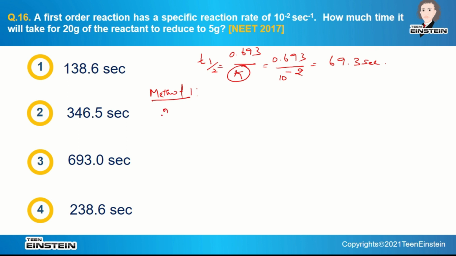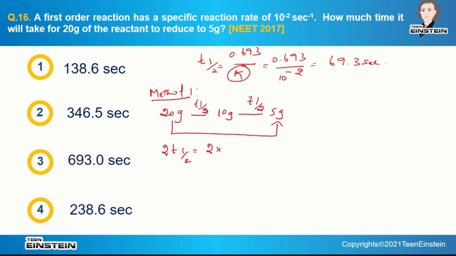Here the 20 gram of reactant is reduced first to 10 gram, this is the first half-life, and this 10 gram is reduced to 5 gram, which takes the second half-life period. So the total time to reduce 20 gram to 5 gram is 2 T half, which is equal to 2 into